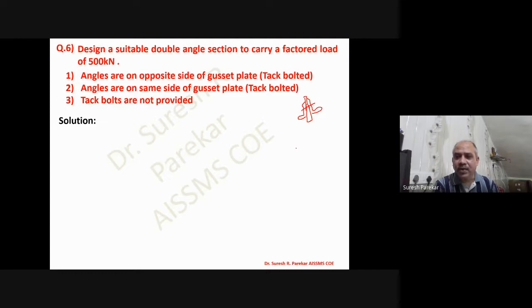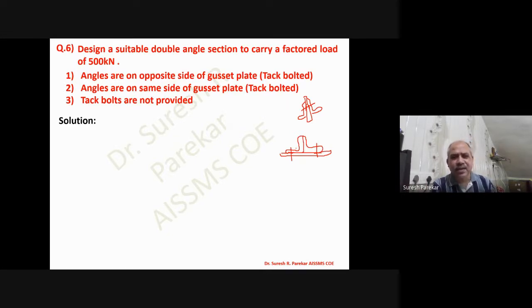But if I go on the same side of gusset plate, then in this case, if we see this one, we are in this fashion. So that is the same side of gusset plate. So we are like this, and this will be my plate, and this will be the bolt, and then we have failure only in one plane, and this will be single shear. So the number of bolts required is more, that is around double, and that will be the change.